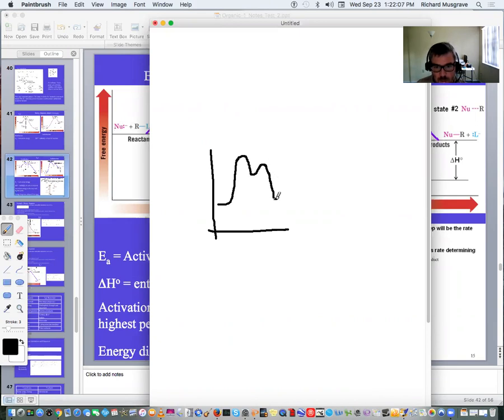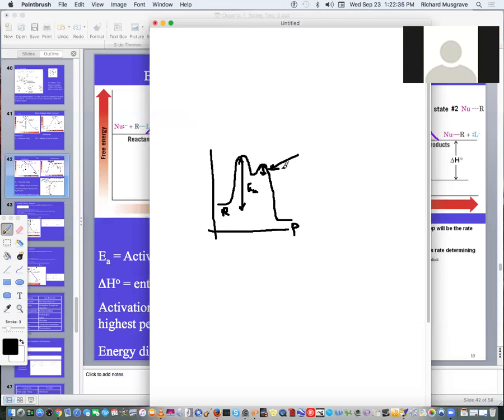look like this. I'm just going to do this as an exothermic reaction, so this would be the reactants and this will be the products. And there's your EA again, at least for the first step. And then there's actually an EA on the second step as well, but you can see it's a lot smaller. So we've got EA1 and EA2, but